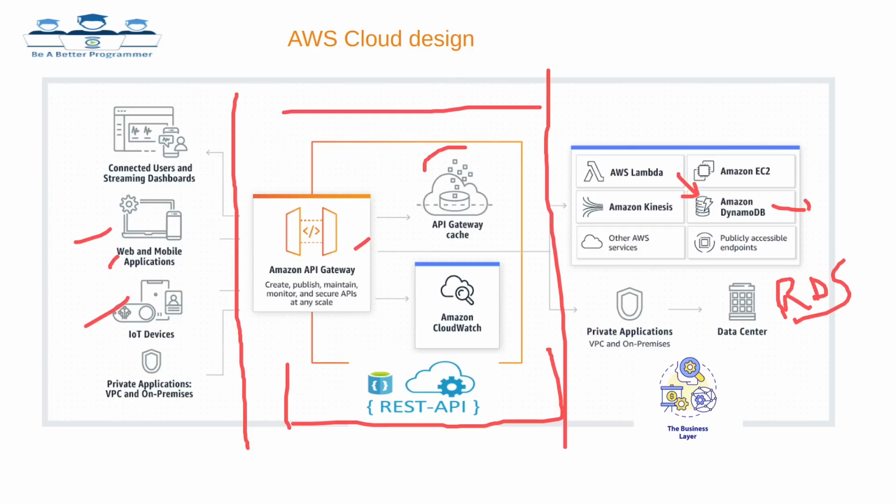But in API Gateway it will scale automatically, so you don't need to think about scaling. You can define a limit, but it can scale automatically. For that you don't have to do anything. Now let's explain this architecture